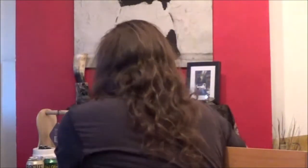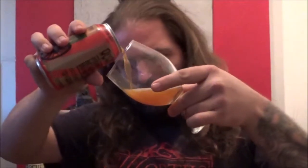What I do like with these American beers is you open the can, the beer's right up to the ring pull. No half measures there. So, it does feel strangely appropriate